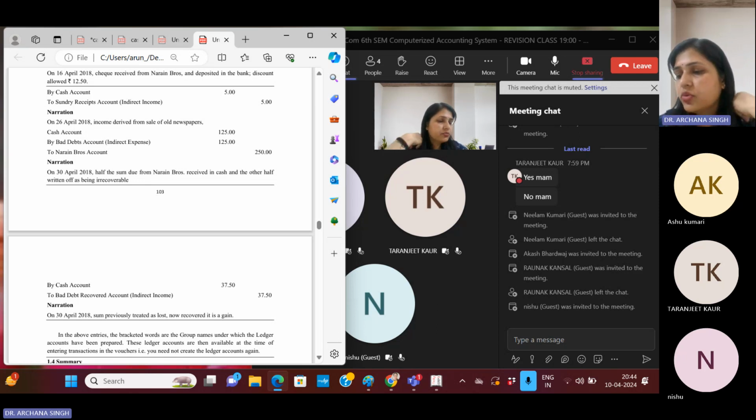Then voucher entry with more than one debit and credit accounts, then how you can edit it, that is alter it or delete a voucher, then printing a voucher. Check that these things we had discussed. Okay, so